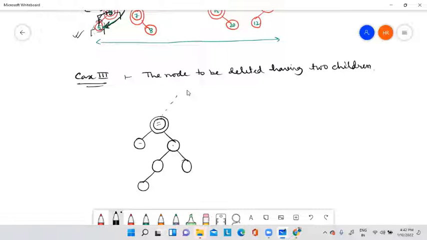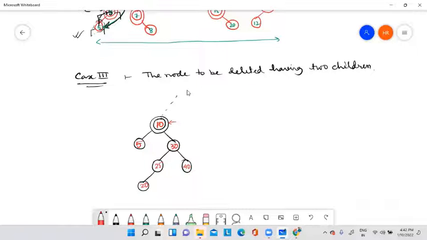That is very important. Suppose this is one binary search tree, and suppose this one has the value 10, this one 5, this one 30, this one 25, this one 20, this one 40. Suppose this is your node structure and this is the node to be deleted. This node you have to delete. Suppose this is the root node. Then you have to replace this particular data with some other value. Which one will replace this one?